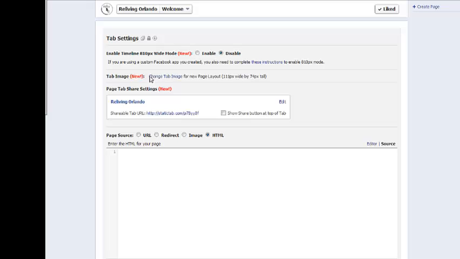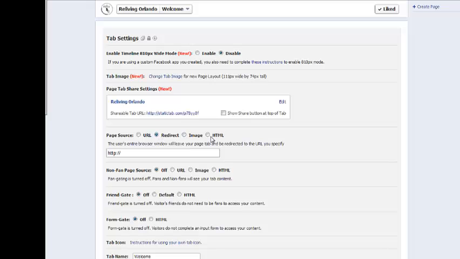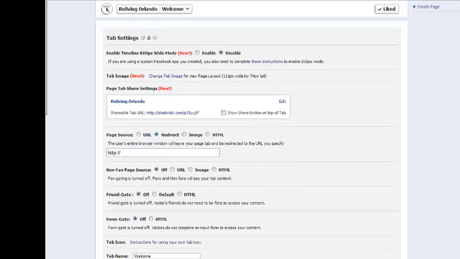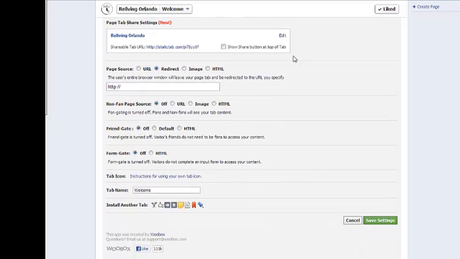What you're going to want to do is you can change the image here. You can also redirect to a URL. So if you want to redirect this to an outside URL, something maybe to your blog or something like that, you can put that in here. I'm actually going to go ahead and use for this one the blog for this page, which is